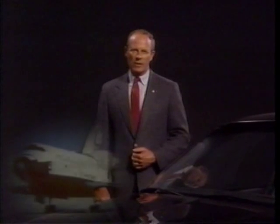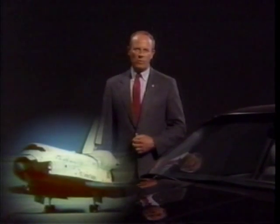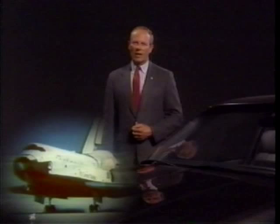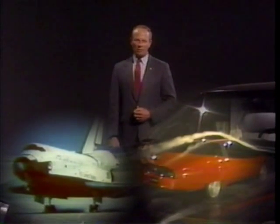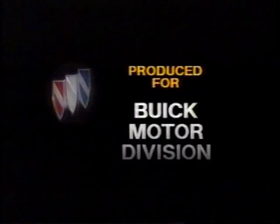For example, a spacecraft must return to Earth sooner or later where it is affected by a protective atmosphere. But NASA's space team makes sure that astronauts are knowledgeable and skilled in flying back through the atmosphere. The NASA high-tech team deals with the challenges of spaceflight on every mission. You, as a member of the Buick high-tech team, are also well prepared to deal with the challenges of today's cars and tomorrow's. The great American